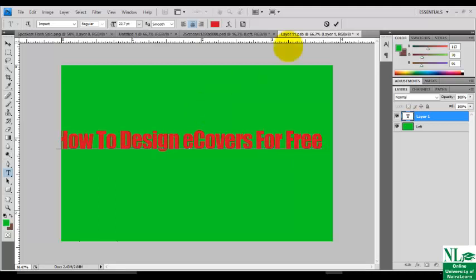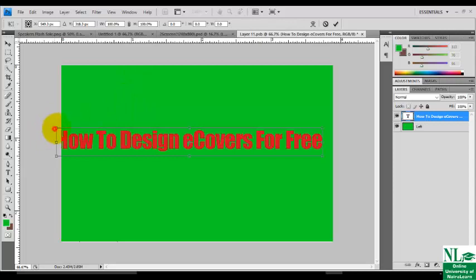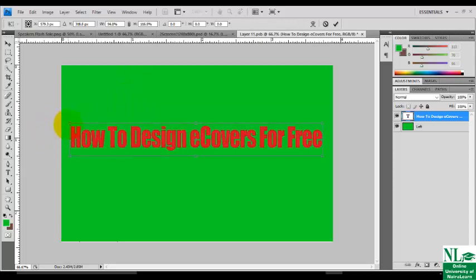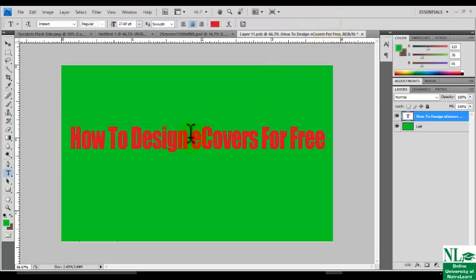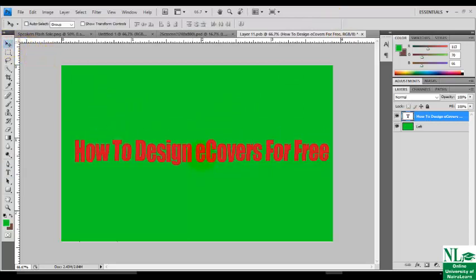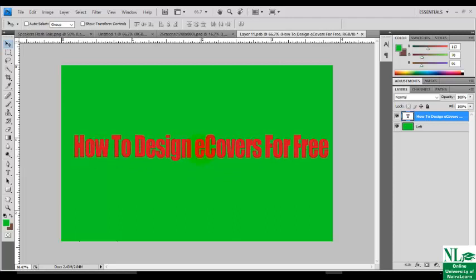Just write your words. You can click here, then Ctrl T again. You can always drag this to fit in. You can render it, pick 2, then fit it.